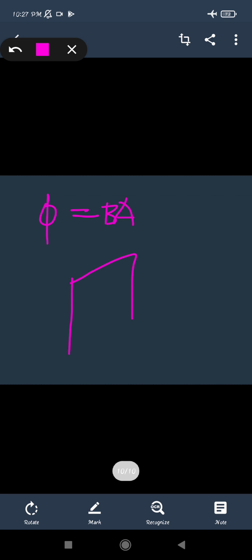If some line is moving in any direction, is that considered flux? No, it is not, because only the lines which are perpendicular to the surface, or pass normally through the surface, penetrate the surface and move through. That line will be counted as the flux. So the more lines passing, the more flux. If the area is large, then the flux is also more. And if the magnetic lines of force are in large numbers, we can say that the maximum flux can be found.